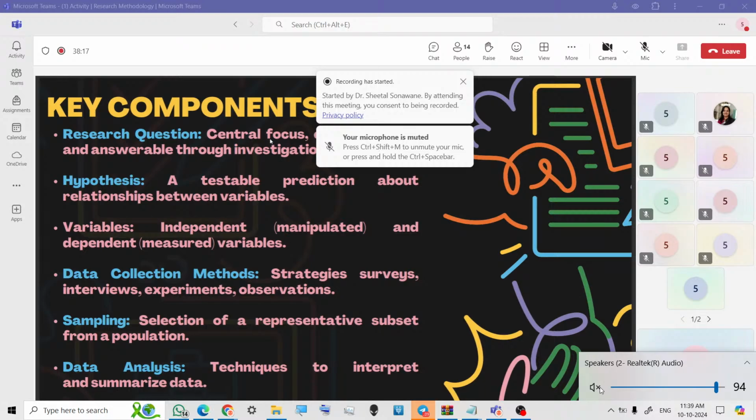Now we will see key components of research design. The main elements of research design are